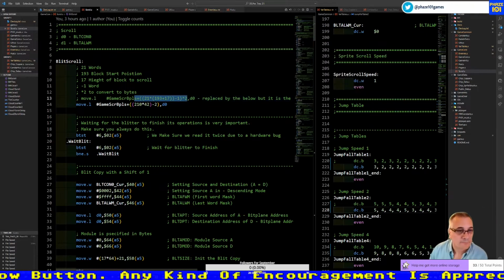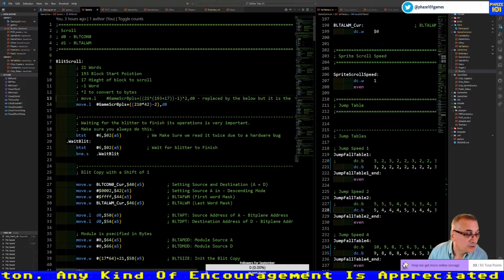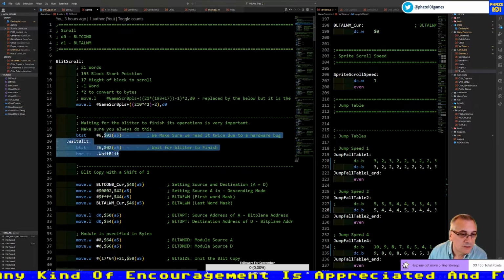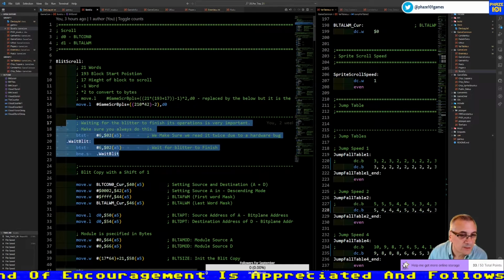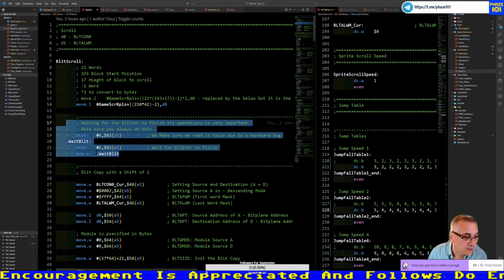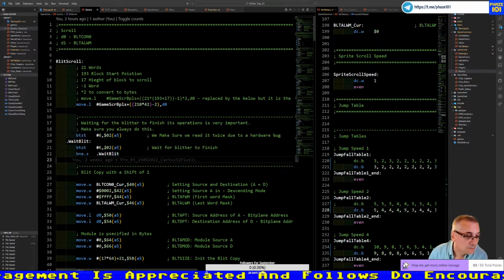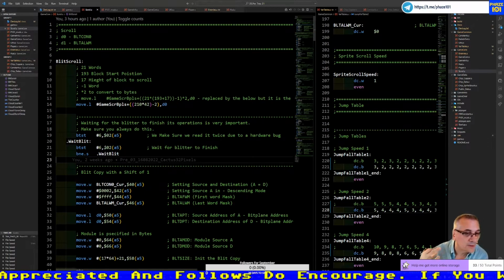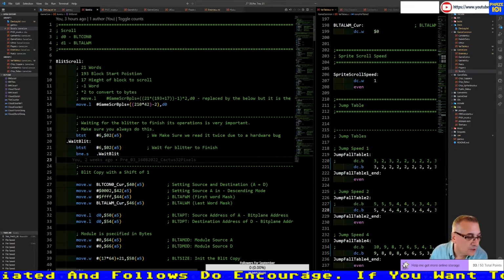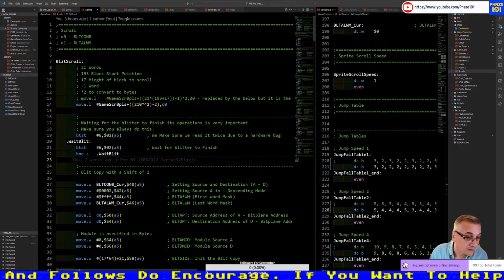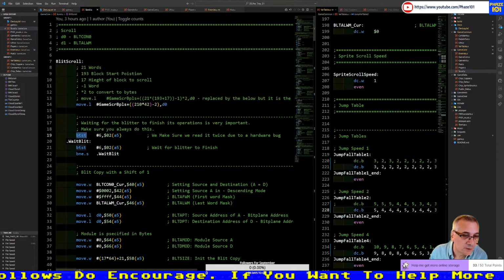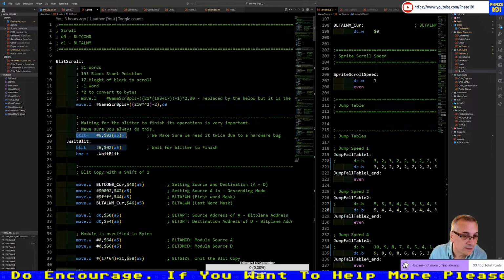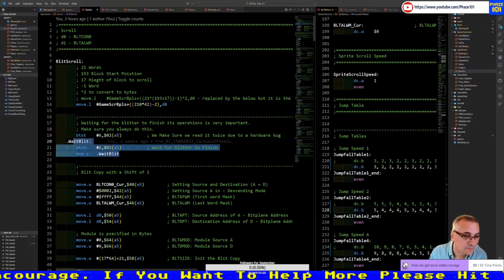Now before you use the blitter, you always need to test that the blitter is not being used, and this is the routine that does it. In certain Amigas, the old Amigas, the Amiga 1000, has got a bug. So you read it once, you test for it once, then you initialize the loop.